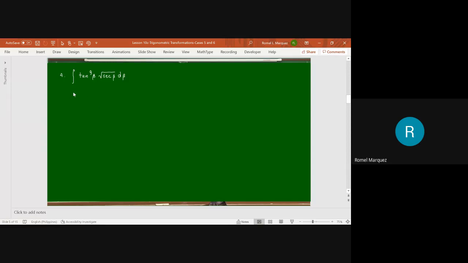Okay, guys? So here m is what? M here is 9. So this is case 5. So I'm going to form a quadratic tangent